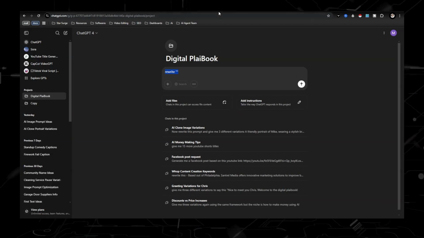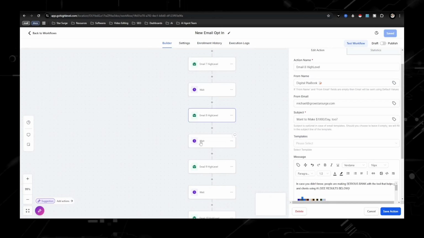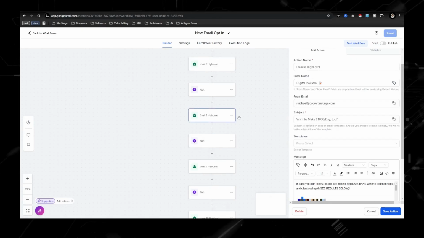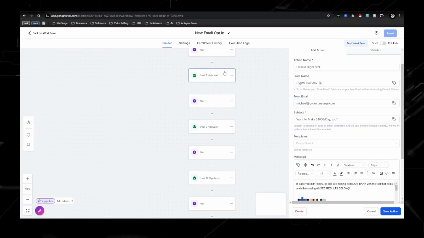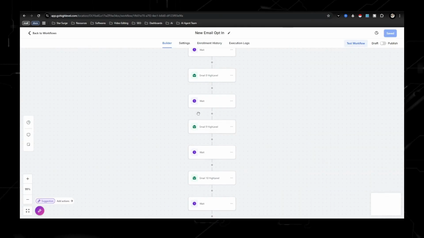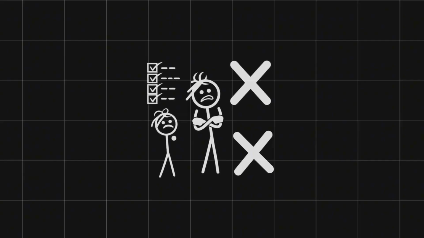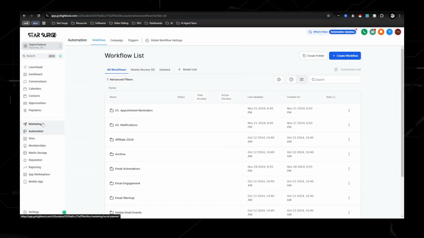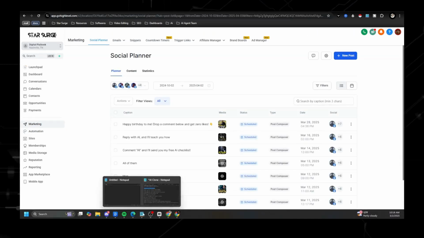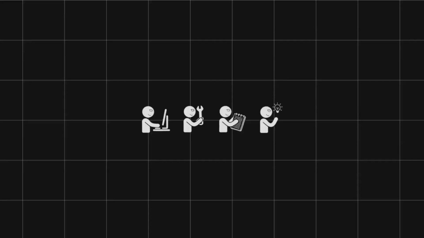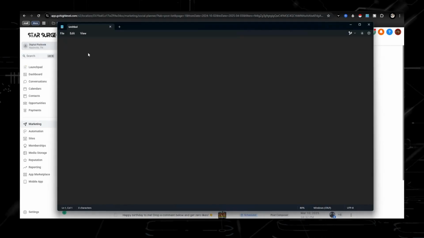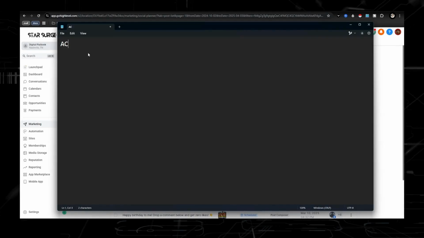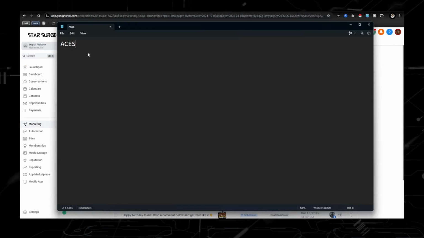But let's go back over to your software right here. All you'll have is all these different emails, but more importantly, before you spend too much time on this back end part, marketing and the content creation part of it is the most essential piece of it. Now, my mentor told me this simple little acronym that I like to use. It's called ACES, and that stands for